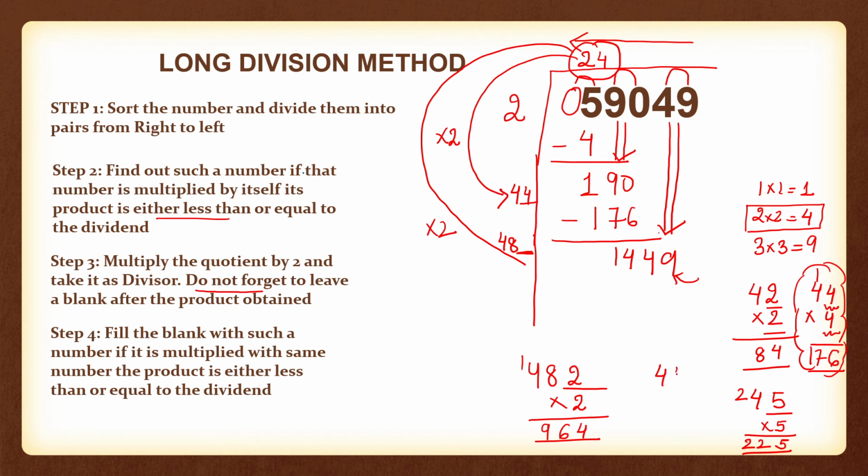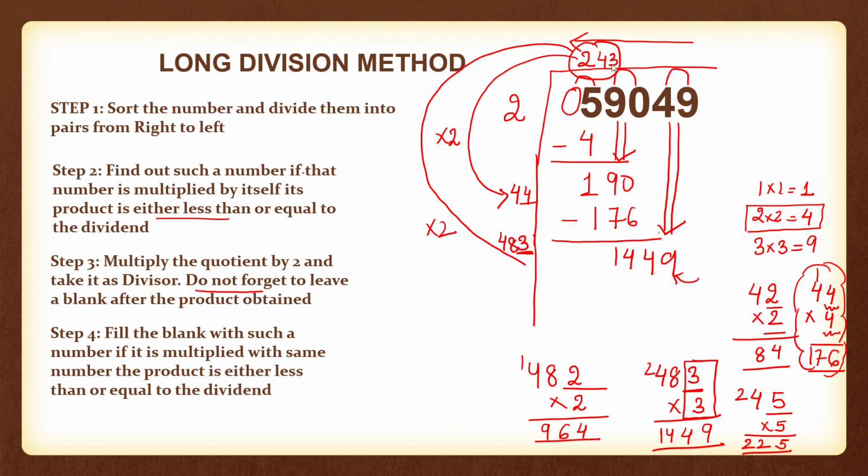So let's check with 3. I am replacing it with 3. Multiply by 3 only. These two numbers should be exactly the same. 3 into 3, 9, 8 into 3, 24, 4 into 3, 12, 14. Bingo, 1449, this is the number we needed, 1449. So we will use 3